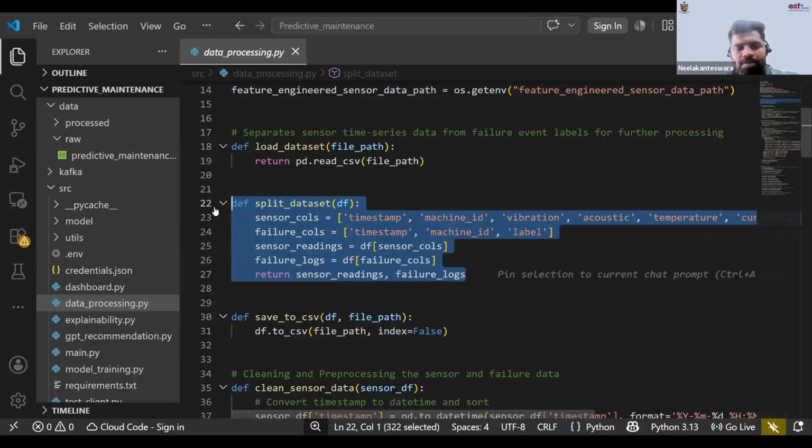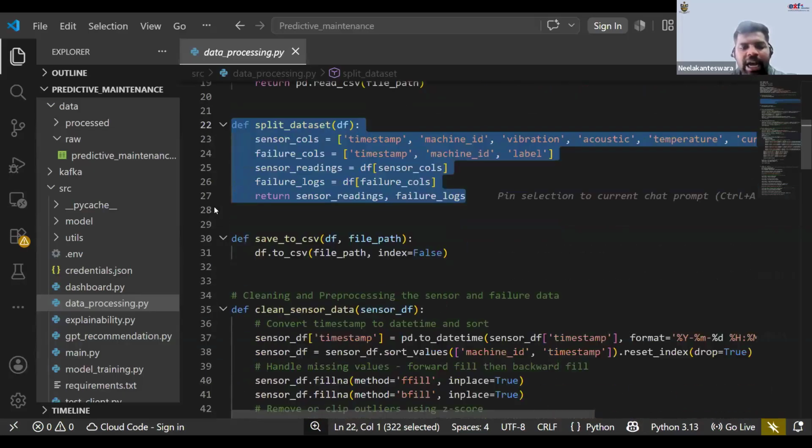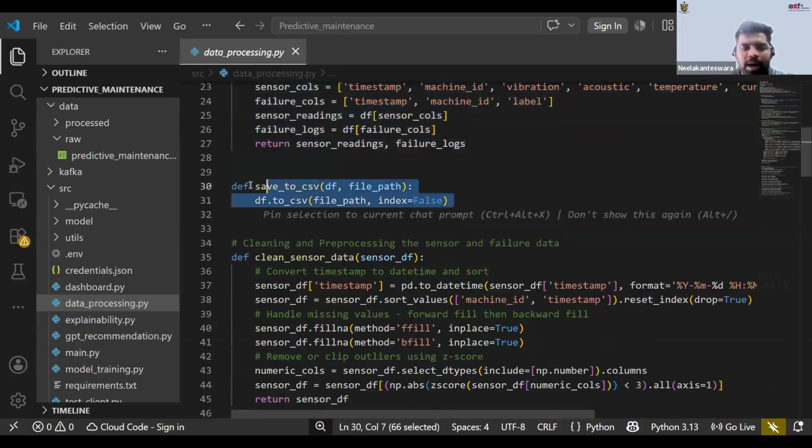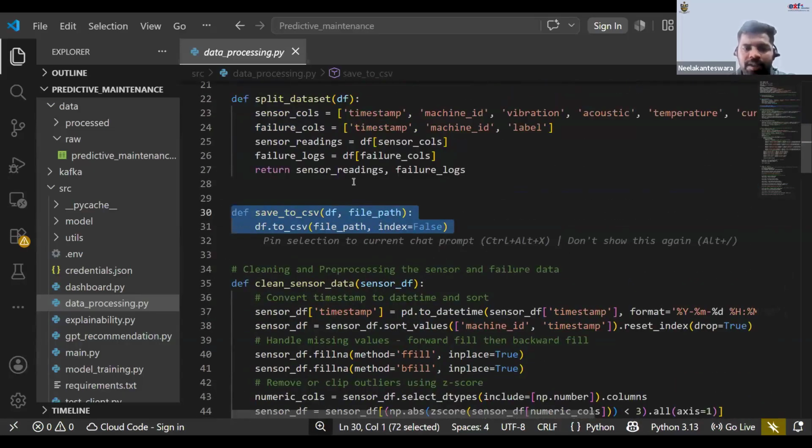But usually we take 80% for training and the remaining 20% for testing. And here I'm saving the file path. After dividing the data, some data is for testing and some for training, and we need to save those files separately.